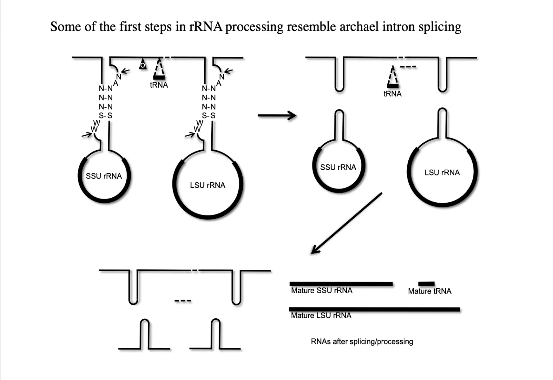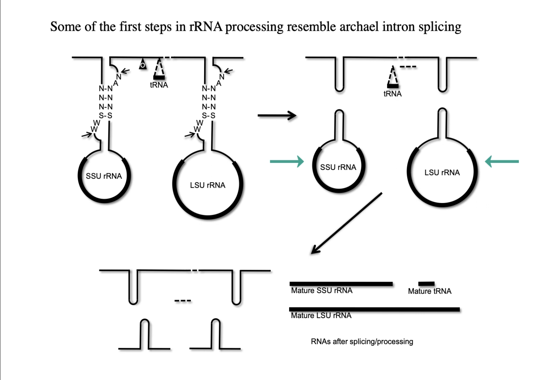When you look in archaeal ribosomal RNA loci, as well as the loci in some other organisms, including bacteria and eukaryotes, you find that the ribosomal RNA is processed in a manner that's similar to archaeal intron splicing, in that there's a pairing and you get a bulge-helix-bulge region, and then you have clipping of those sequences, freeing up the small subunit ribosomal RNA and the large subunit ribosomal RNA,